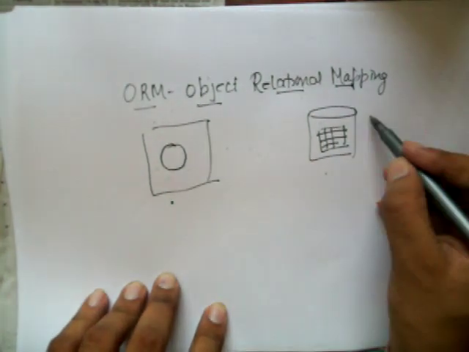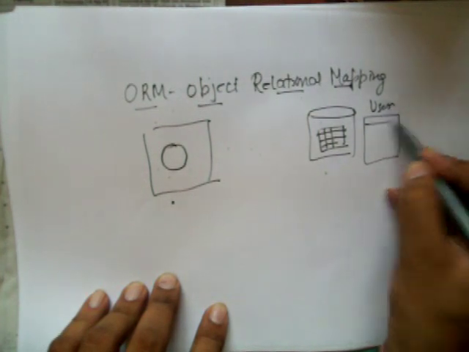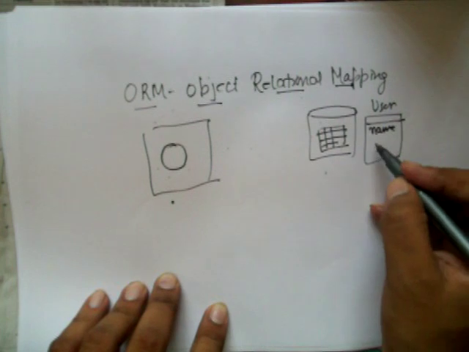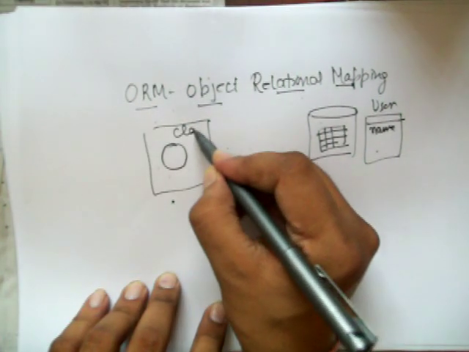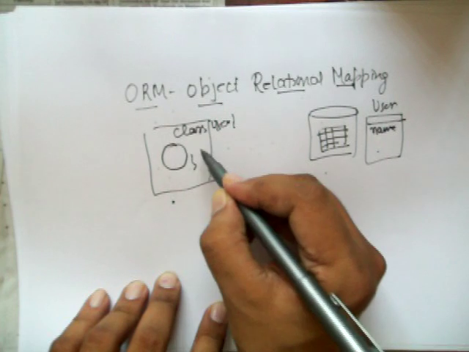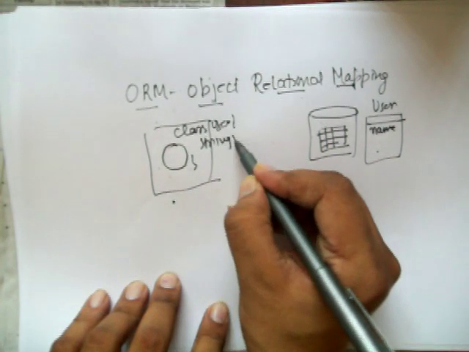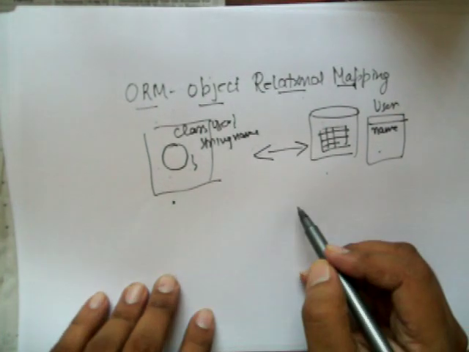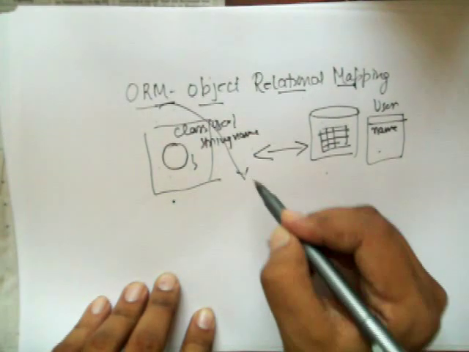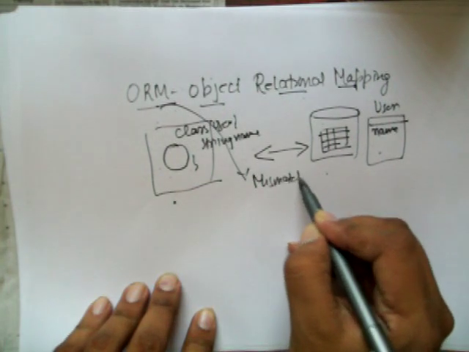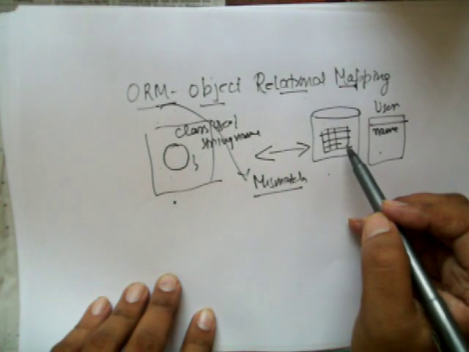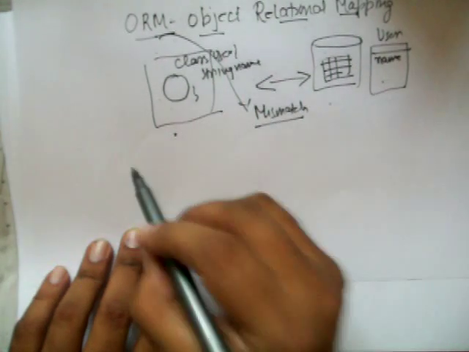Let's say you have a user table which has some rows and columns, say a column like name, and then you have a class User with a property name. The idea of ORM is how do we map these two concepts together. The M can also stand for mismatch, because there is a mismatch between the concepts that exist on the object side and on the relational side. So we will look into some of the mismatches that exist between these two worlds.